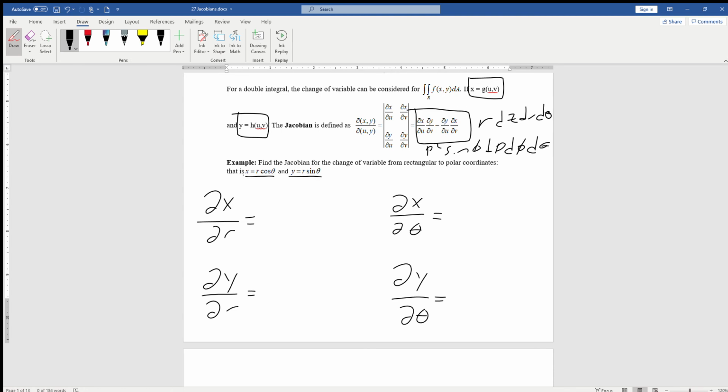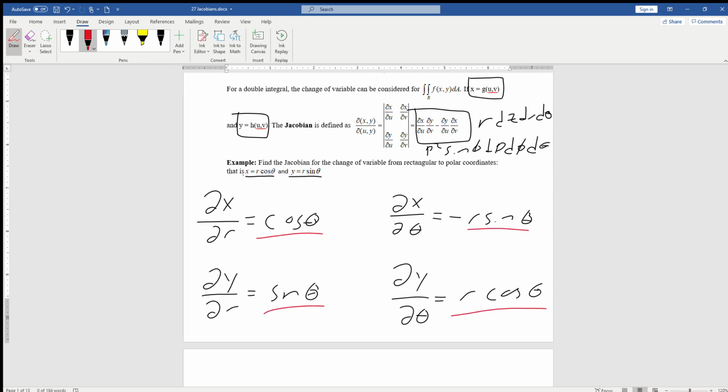Partial of x with respect to r, cos theta, derivative of r is 1. The partial of x with respect to theta is negative r sine theta. Partial of y with respect to r, sine theta. And then the partial of y with respect to theta is going to be r cos theta. We are going to take these four partials,